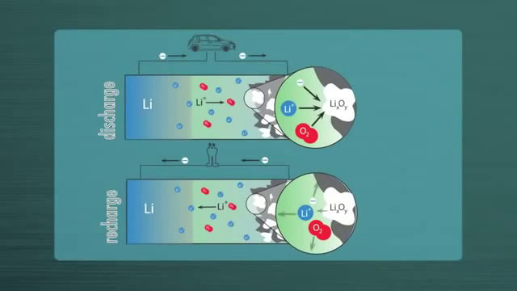And what you see happening here is you see some gray. So this represents the cathode material, which is typically a porous carbon. You should also see a white blob, and this is meant to represent the reaction product. So this could be either lithium peroxide or a lithium oxide phase. In most cases, it's the peroxide which is observed, and it forms as a result of reacting lithium, which is dissolved in the electrolyte, with oxygen, which is also dissolved in the electrolyte, and with an electron that comes through